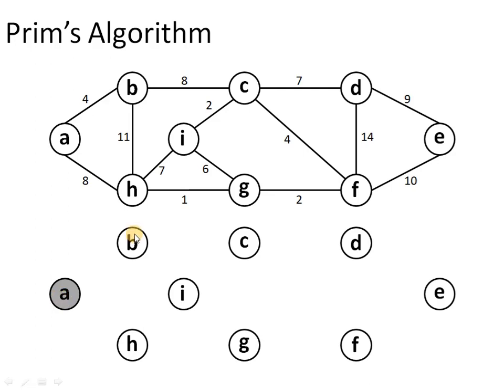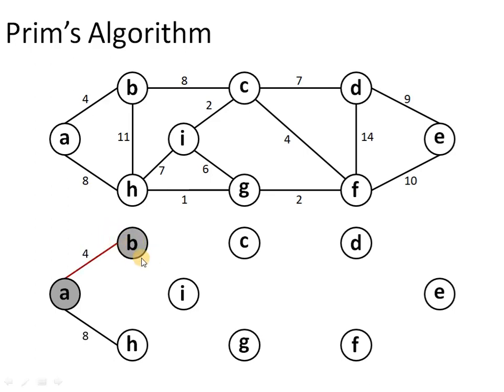From A, we can reach B as well as H, but there is no path available directly from vertex A to other vertices. So right now we have to pick either vertex B to be a part of the minimum spanning tree via weight value 4, or we can pick H to be a part of the minimum spanning tree via weight value 8. But we have to pick the vertex which is connected by the lowest weight value. So the next vertex which gets added to the minimum spanning tree is B.